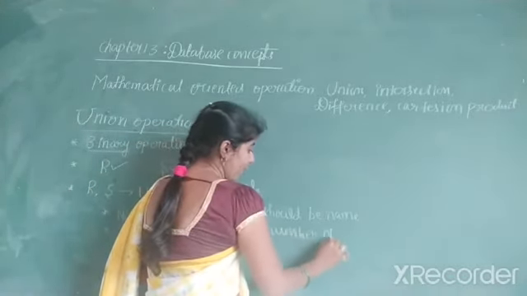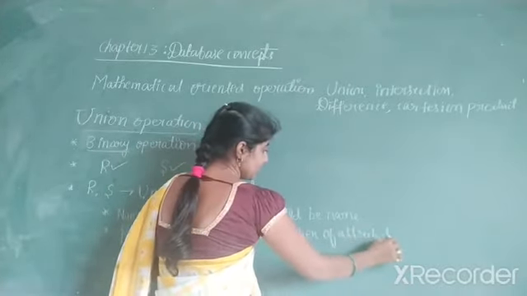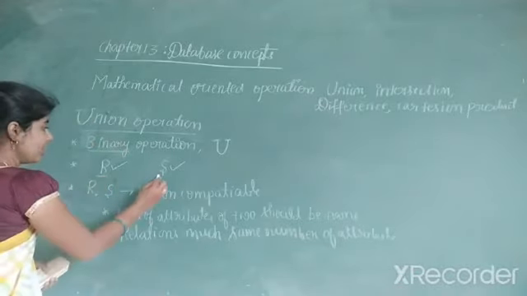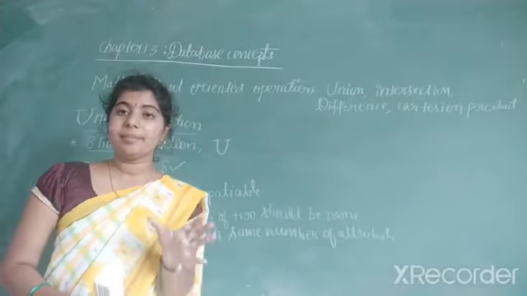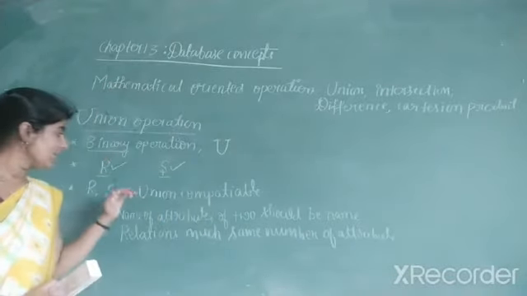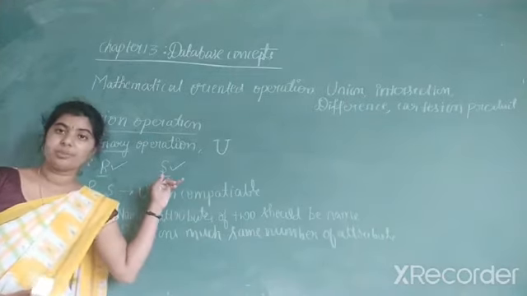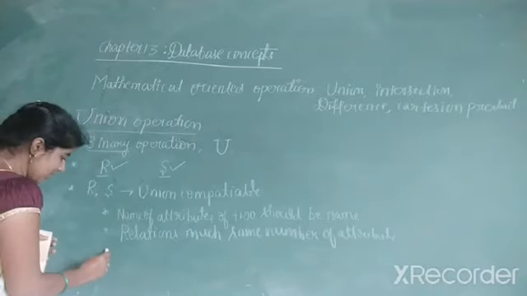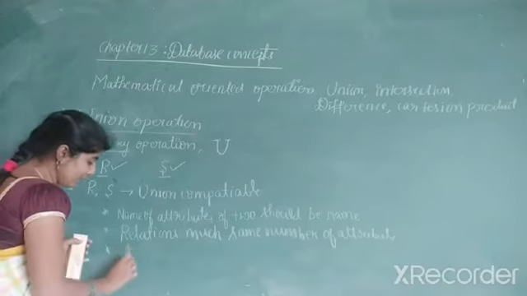Same number of attributes means in both relations, in case of relation R and relation S, both the relations should have the same number of attributes. If the relation R contains 3 attributes, relation S should also have 3 attributes. And when you consider the next point,